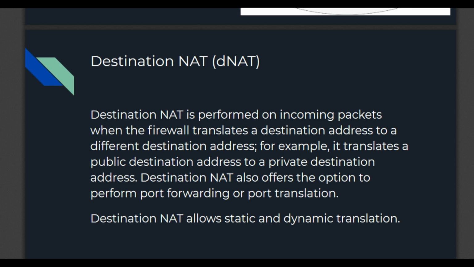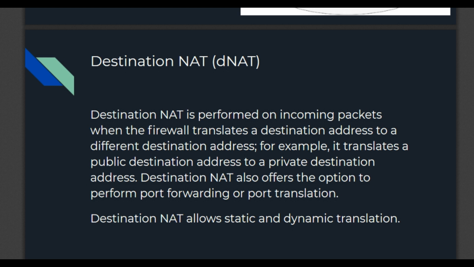In the destination NAT rule, you define the original destination IP address and possibly the destination port, as well as the translation address that the packet will be routed to. Destination NAT can only be used for inbound traffic on the firewall's interface.